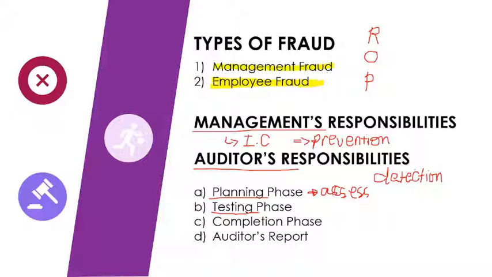Now, during the course of your audit, there are instances wherein the auditor may encounter something that may indicate that there is a possibility of fraud or error. For example, kato gi-mention ganina, if makitaan nimo og mga mismatch or mga discrepancy, ang imuhang initial thought is error ba ni siya or fraud? Mag-ing-ana imuhang initial thought.